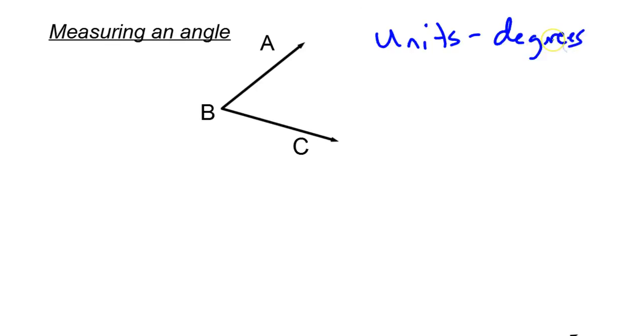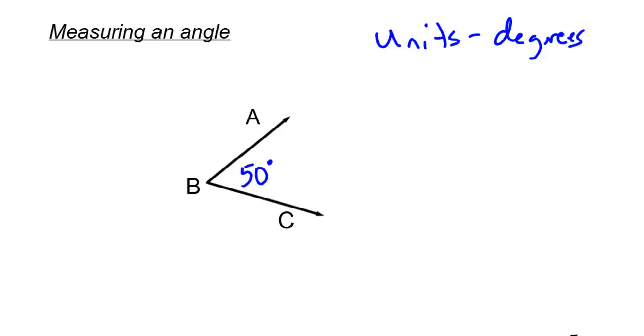Okay? And a degree measure would be applied to this angle. So I might say that this angle is, say, 50 degrees. And we'll use that little symbol to mean degrees, right? Now, the notation we use when we want to talk about the size of an angle is, remember how when